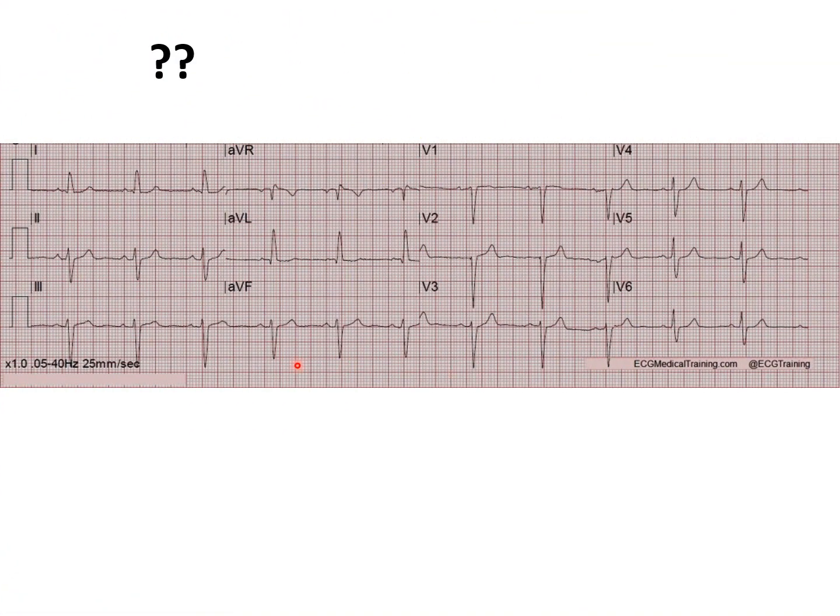So this is a sample to show you. To determine the axis deviation, I told you the leads to be considered: lead 1 and AVF. And even in lead 3 you can focus. So remember, in lead 1 the tallest wave is positive, upright. And in AVF, the tallest wave is negative, downwards. So these two waves are leaving each other. One is going upwards, one is going downwards. So remember, this is a case of left axis deviation because these two waves are leaving each other.